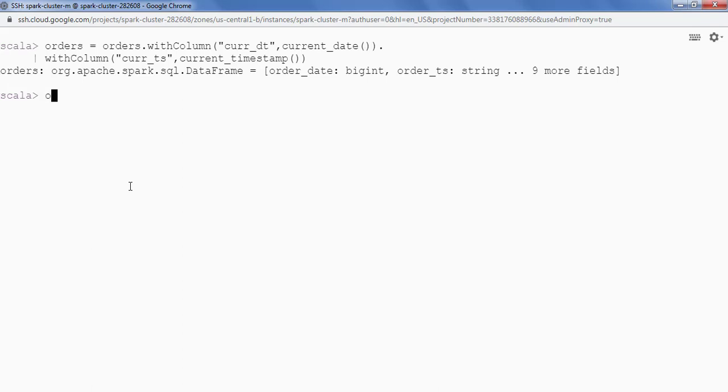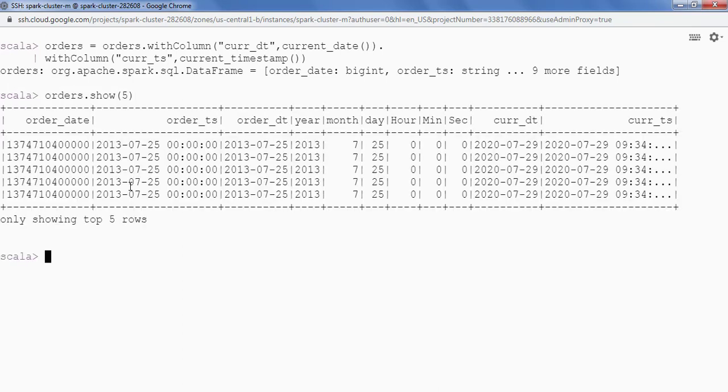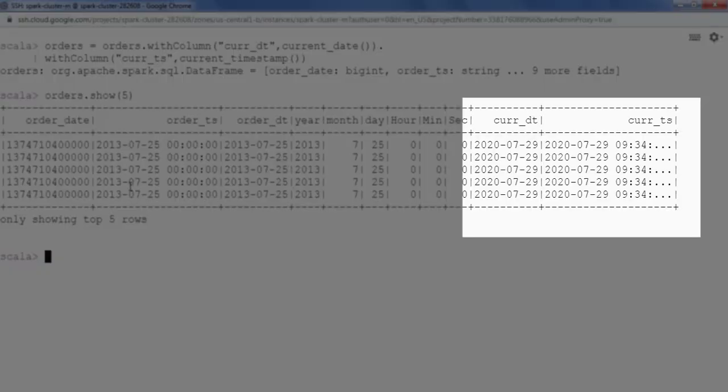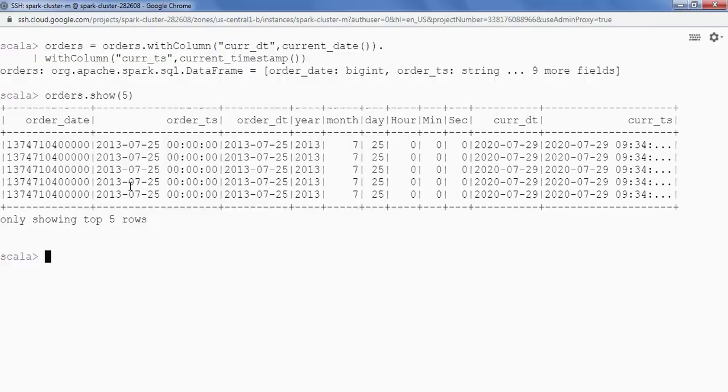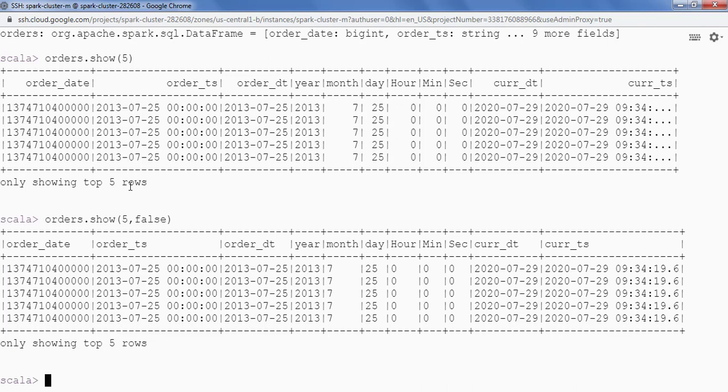Let's see. orders.show, and let's take the top 5 records. So guys, as you can see we have successfully added the current date and current timestamp. Okay. Now the current timestamp data is truncated. If you want to see the full data, you can say .show(5, false). It will show you the complete data without truncating.